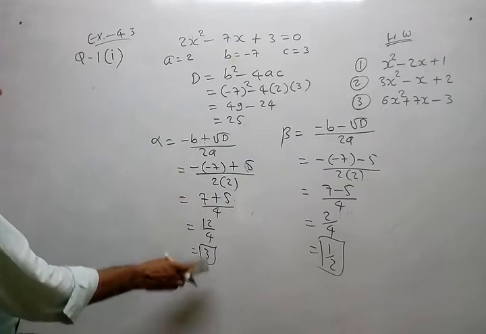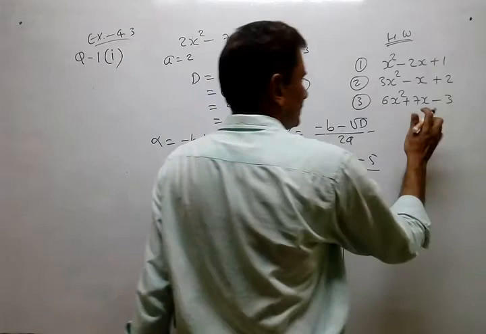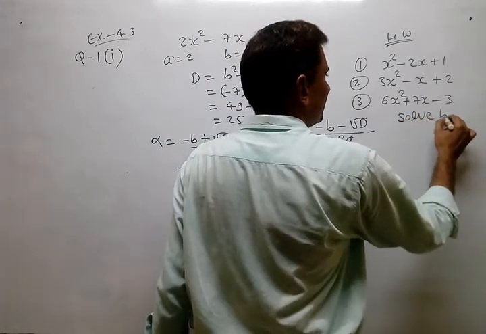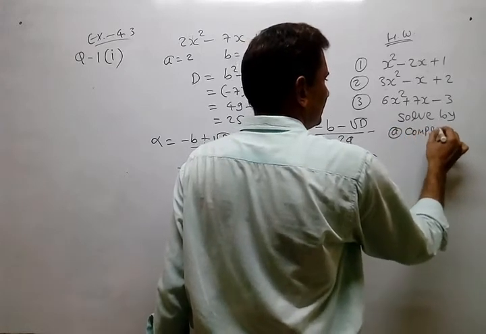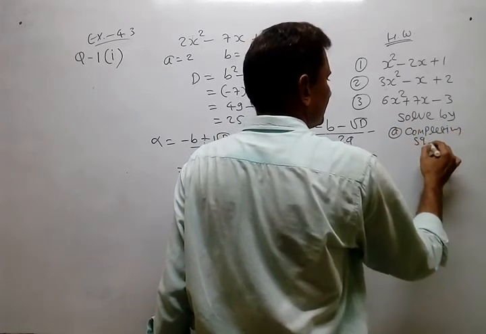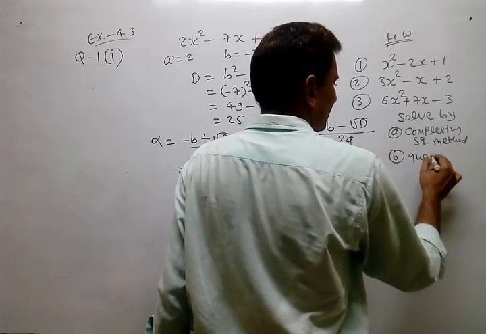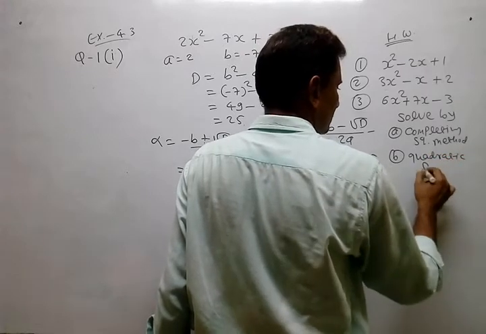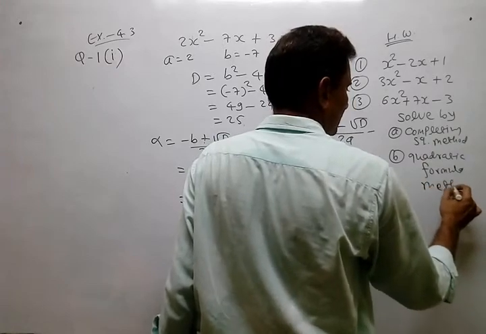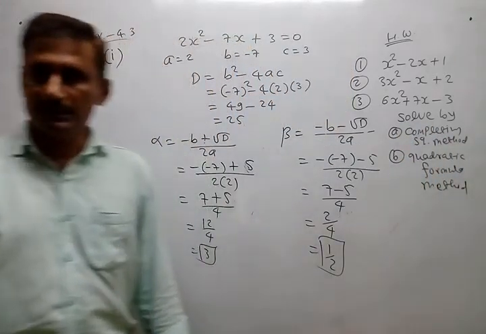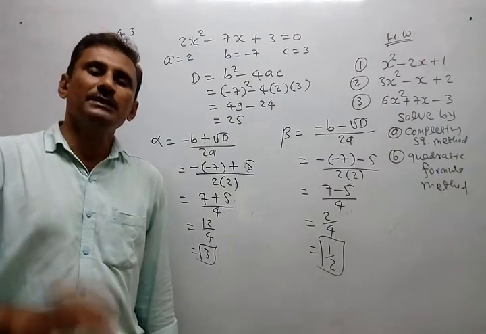First of all, write this down or take a screenshot so that I can remove it. Otherwise, I just write down here, solve by first completing square method and quadratic formula method. So total 6 sums you are having, and in both methods the answer will be repeated. If you are not getting equal answers, then in any one method you have made mistakes.